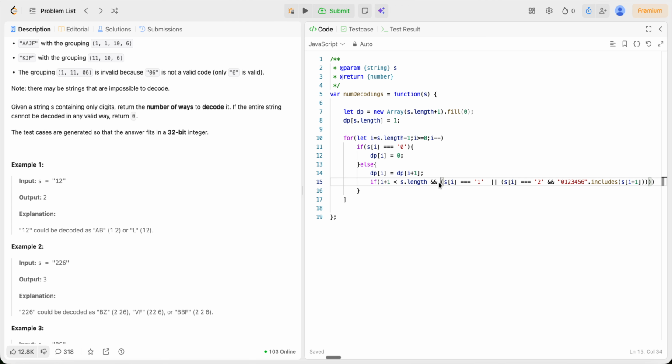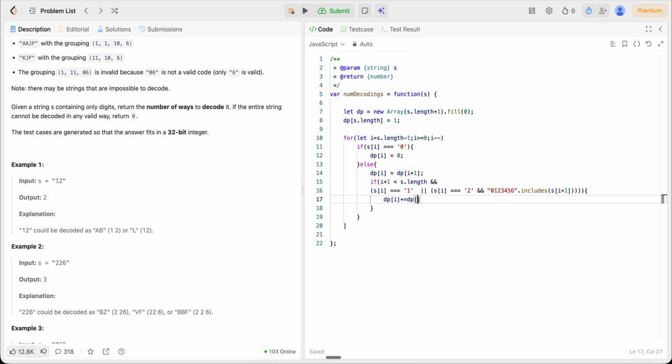So either s of I is equal to 1 or s of I is equal to 2, and then it contains these characters. In that case, dp of I plus equal to dp of I plus 2, and then